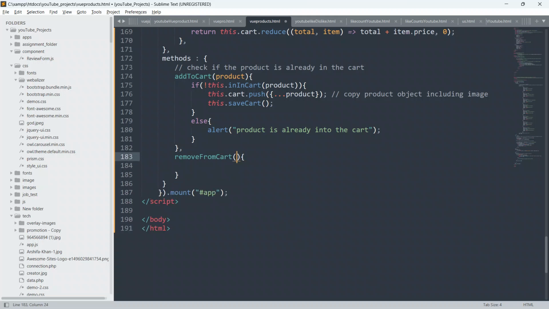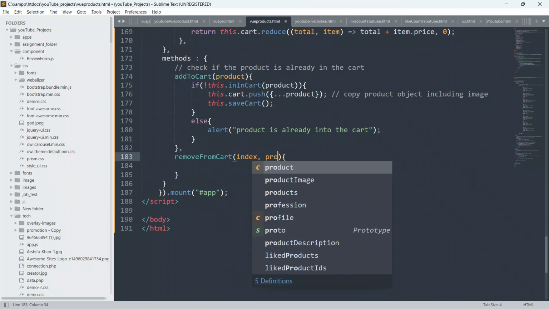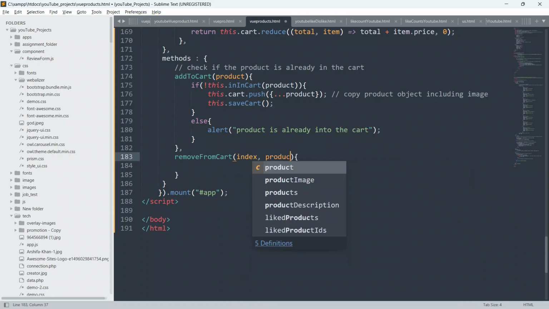I will pass index here, and I will pass product also, the product id. So based on the id of the product, I will remove the product.